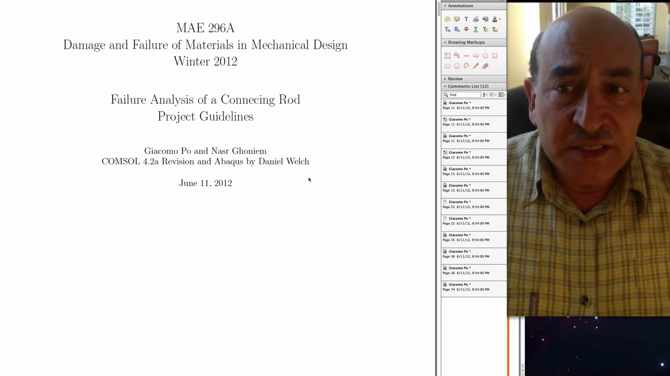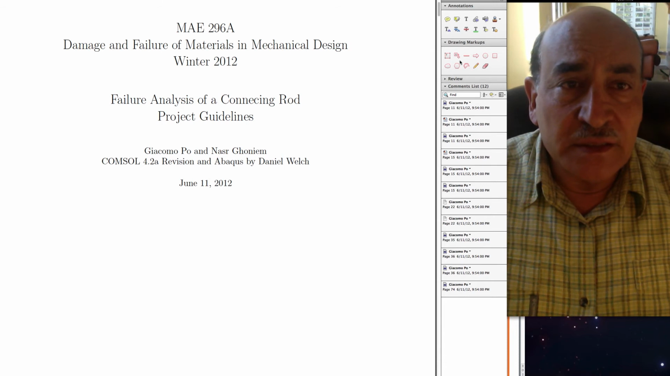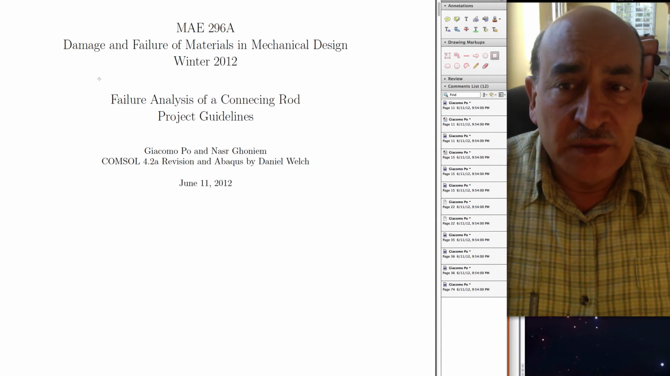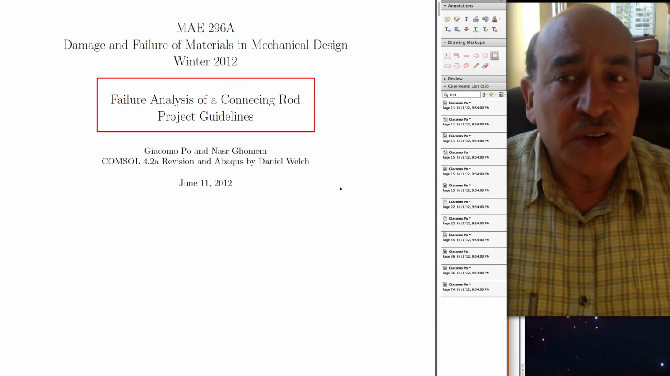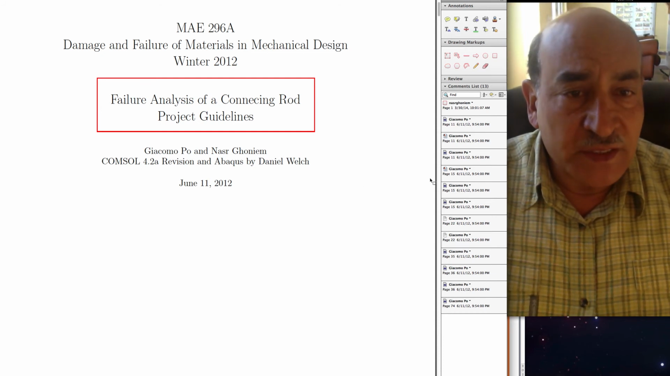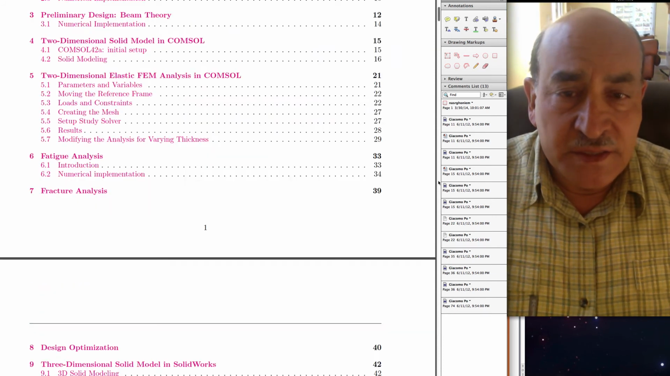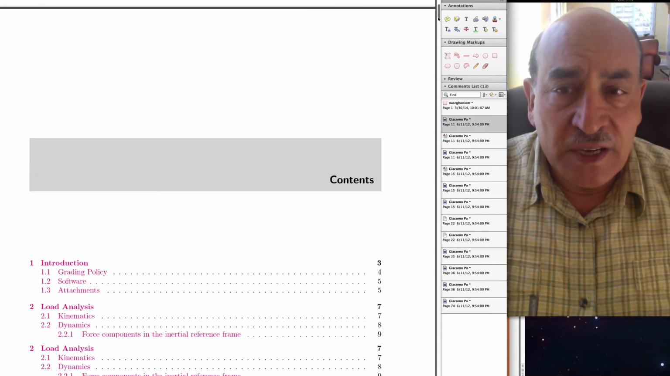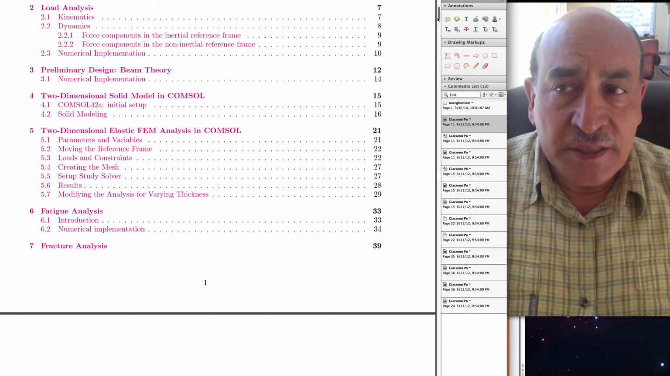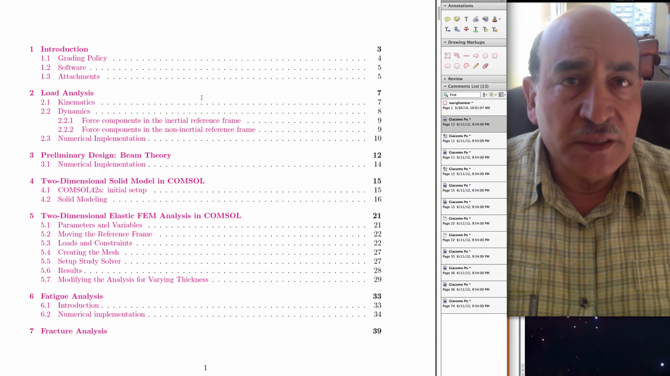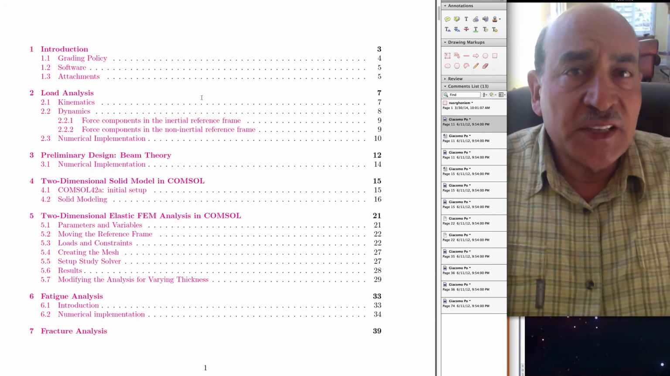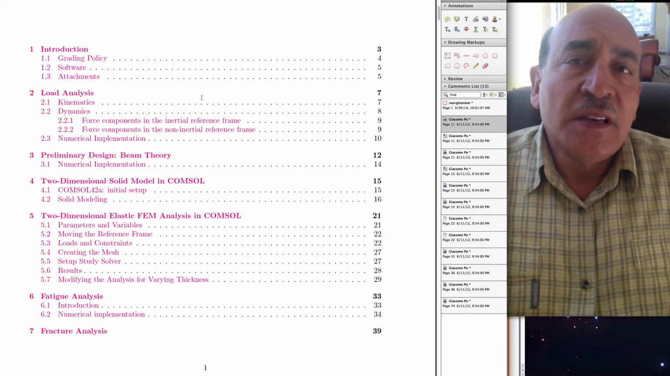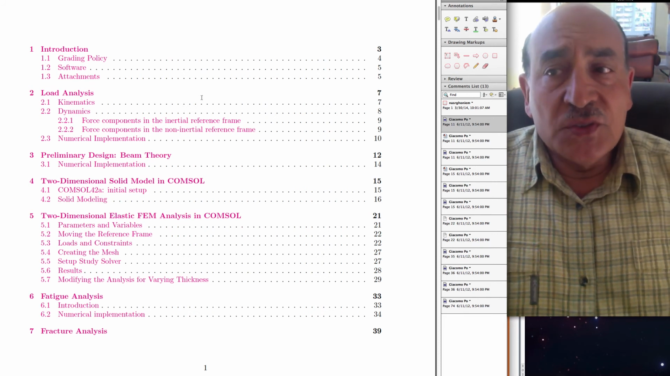So the project is here. It's a failure analysis of a connecting rod, and this is the project guidelines that I will cover. Let's just look at the contents. So you'll see that what we will cover here is the report. When you're finished at the end of the 10 weeks, your report is going to include